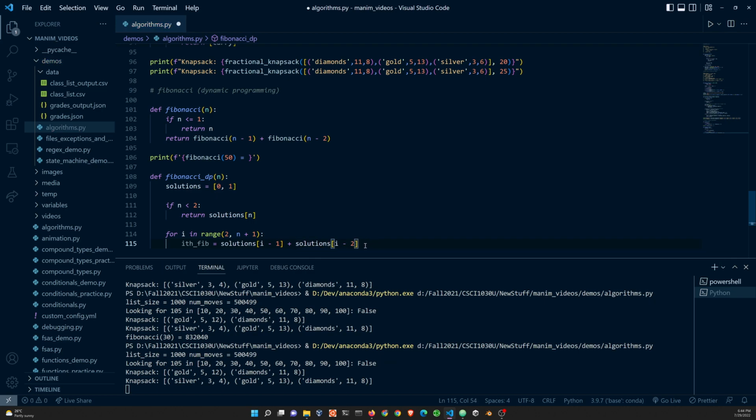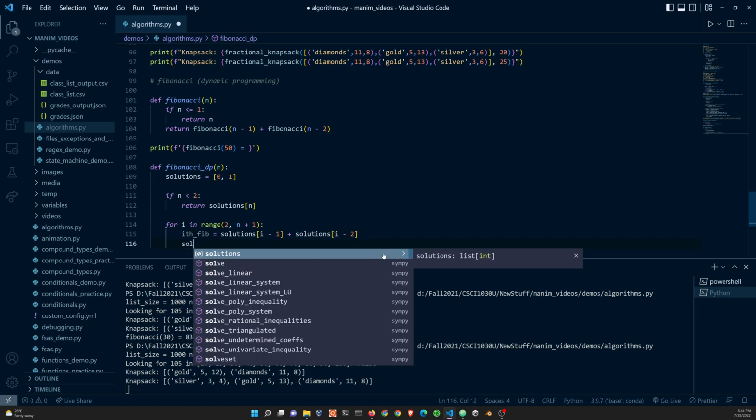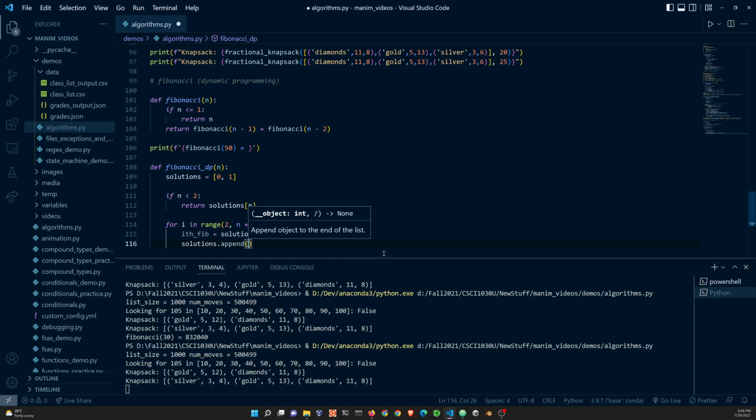So I have a typo here. And again, for the first index, that's 2. 2 minus 2 is 0. That one's in there as well. And now I'm going to add this to my list. So I'm going to say solutions dot append. I'm going to put the ith Fibonacci number in there. And then on the next iteration, it's going to be I equals 3, which is going to use 3 minus